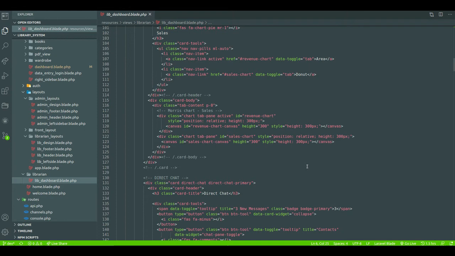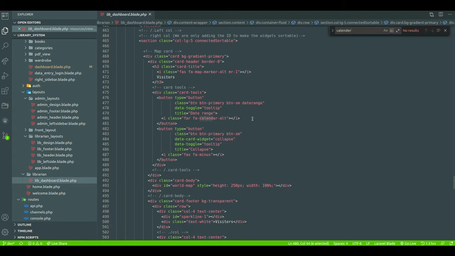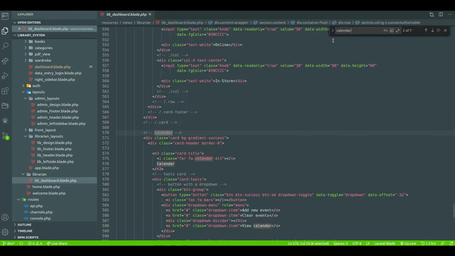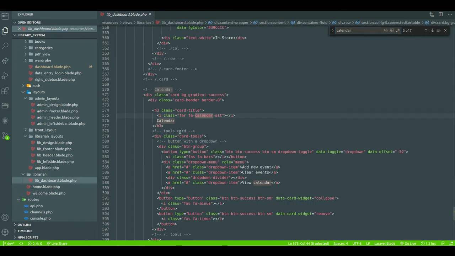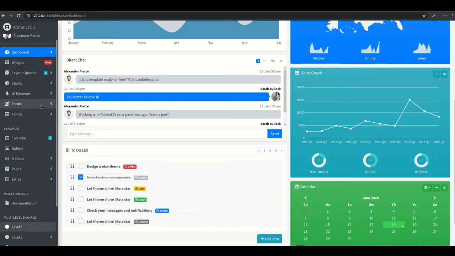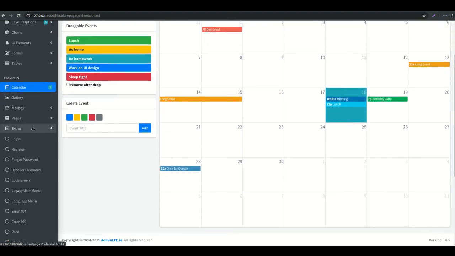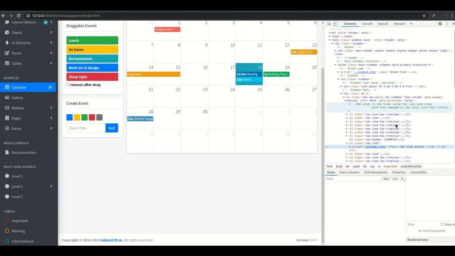Find calendar. Sorry, spelling mistake again. View calendar, add new calendar, view calendar. What is this? I will check calendar. Okay.